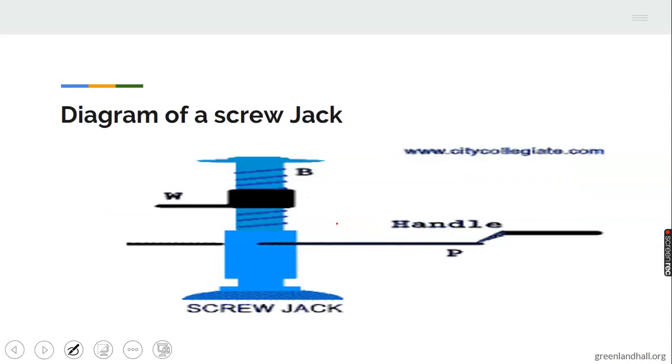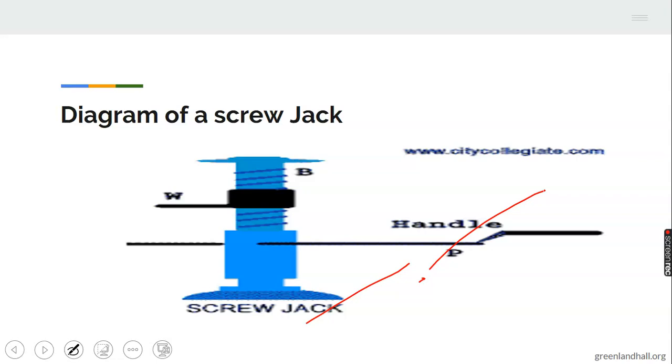If you look at the screw jack here, you will see it. The screw jack is mostly used by people in a vehicle. If they want to raise the vehicle or they want to remove a tire, they can use a jack to raise it so that it can lift the body of the vehicle up, so that they can remove the tire and put another one there. Most especially if you have been to a mechanic, they use jacks very well. We have the one that is automatic, that you don't need to apply much pressure to, and